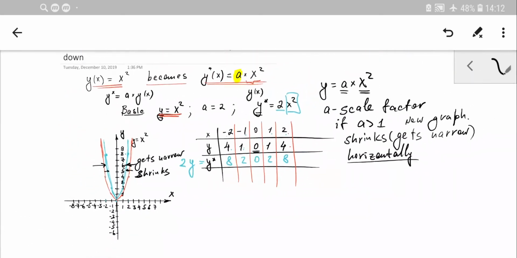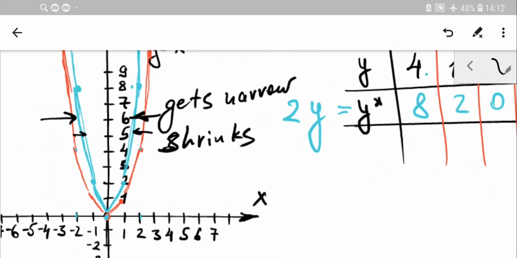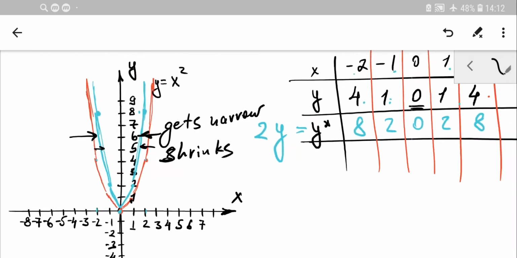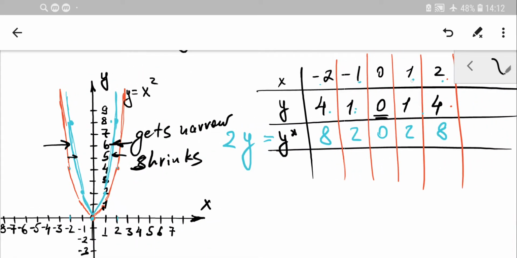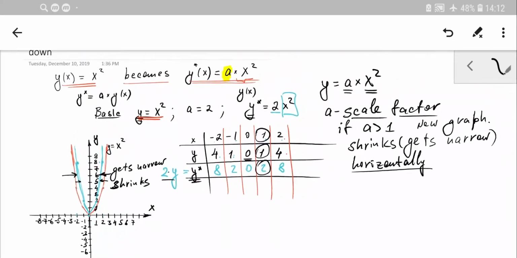Well, why is it called scale, like scale up or scale down? In this case, we consider it scale up because look at what happens to the values of the function. When we took x equals 1, the original basic function y was also 1. So when we take x equals 1 for the basic function y equals x squared, we have 1. But now let's see what happened to the new function. All the values were doubled, and in this case we'll get not 1 but 2 times more. So that's why you can consider, not graphically, but